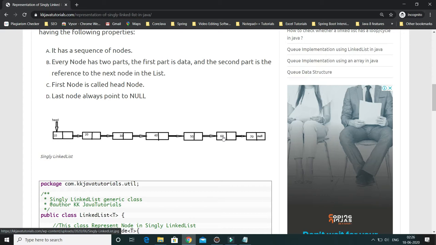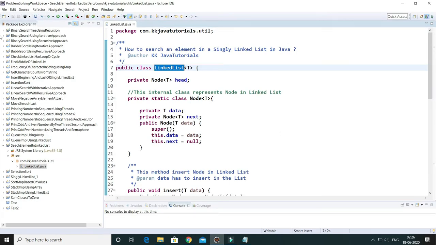if the linked list is already empty, then we simply have to return false. Let's say I'm passing some search key value, then I have to traverse throughout the list and compare each and every node value with that search key value, and if I find it, then I have to return true. Else, if I compare each and every node and reach the end of the list and do not find the search element, then we have to return false. So let's try to understand through implementing Java code.